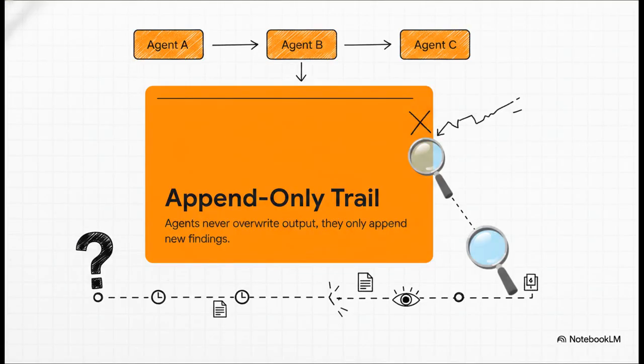First up is invariant 1, the append-only audit trail. This is derived from Greg Young's event sourcing concepts, and the rule is simple but critical. Agents never, ever mutate another agent's output. They only append. So if Agent C overwrites Agent A's sanctions findings just to make the final packet look a little cleaner, your audit trail vanishes instantly. When the examiner asks what Agent A found at a specific timestamp, the question becomes entirely unanswerable.